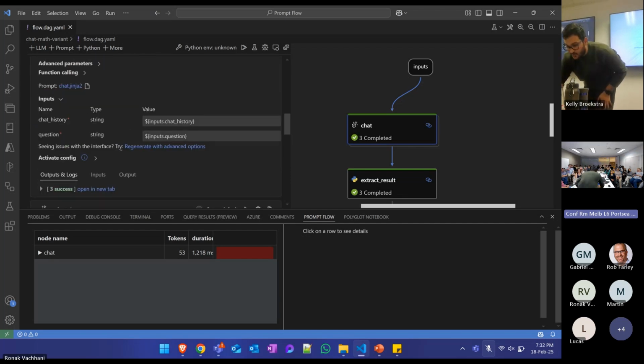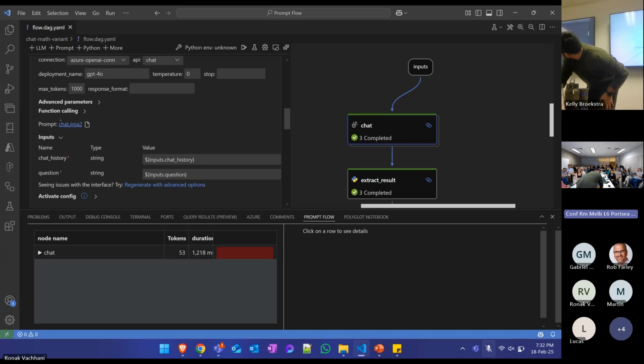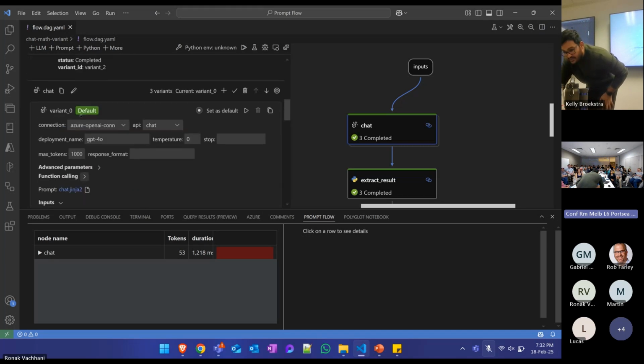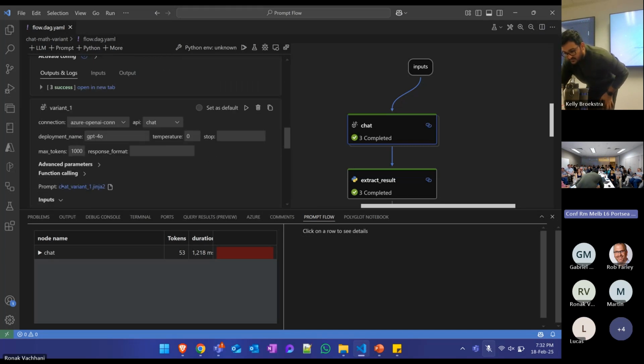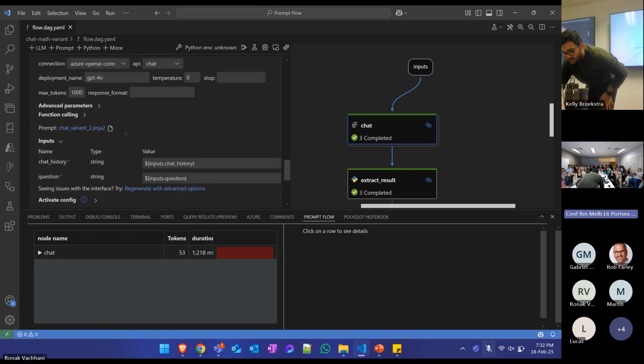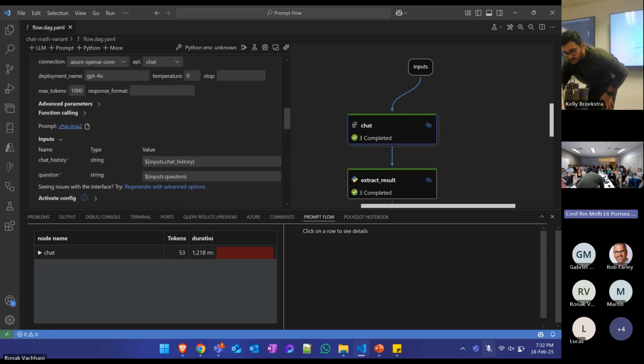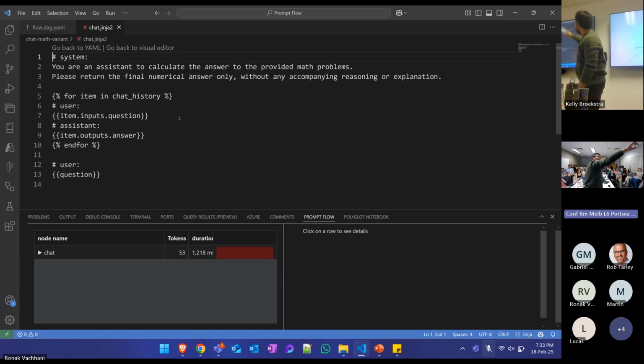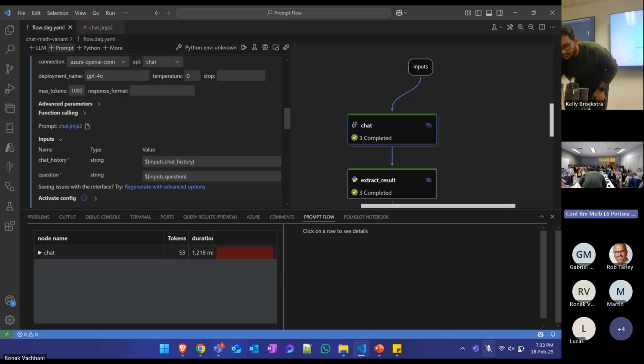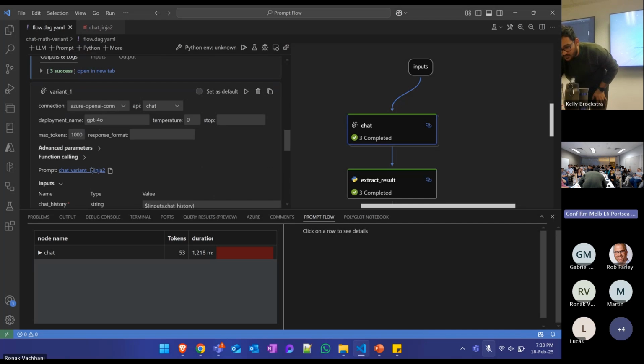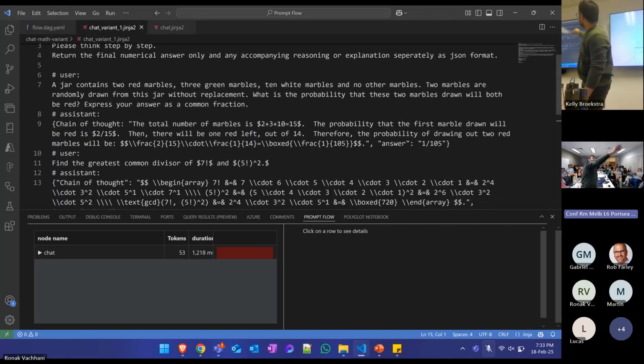So if you look at the prompt files here, the first one is chat Jinja, the other one is chat variant 1, and the other one is chat variant 2. Now let's look at those Jinja files. See this one here. This is what we had previously, a very basic instruction that only gives me the answer. Now this is variant 1. See, this is the chain of thought, few-shot examples,